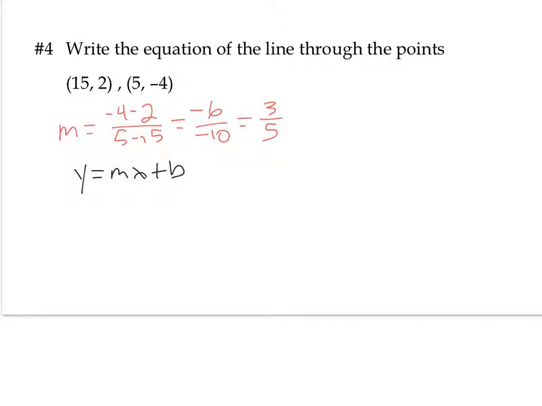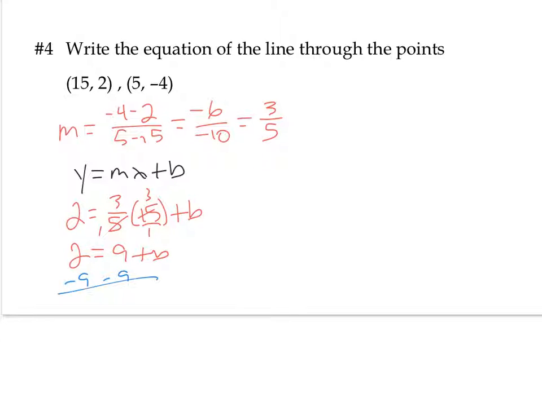Okay, so I'm going to have 2 equals 3/5 times 15 plus b. If we make that 15 over 1, that reduces to 1 and 3. That's going to be 9 plus b. And when I subtract 9 on both sides, I'm going to get -7 equals b. So now my equation for my line is going to be y equals